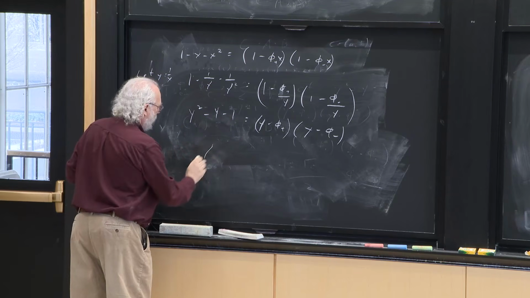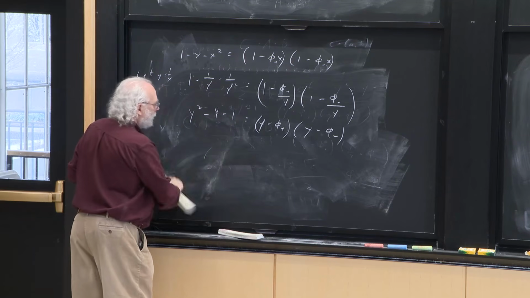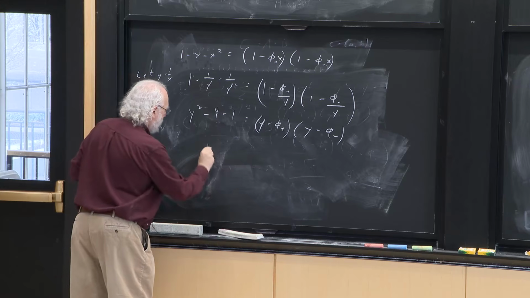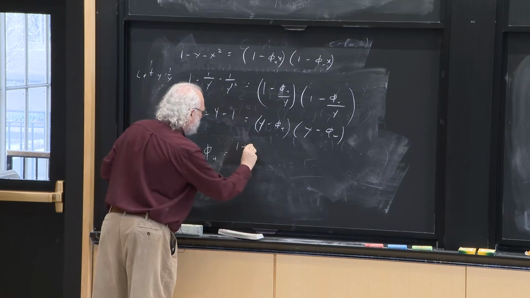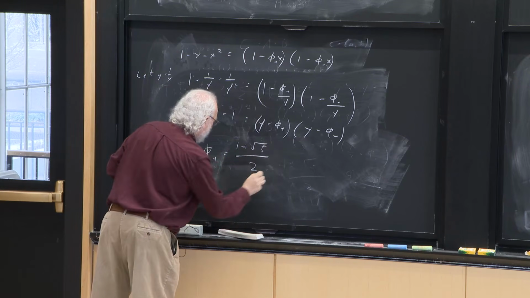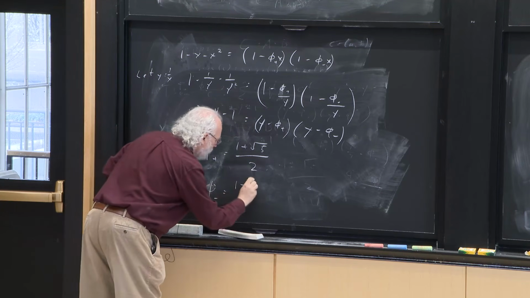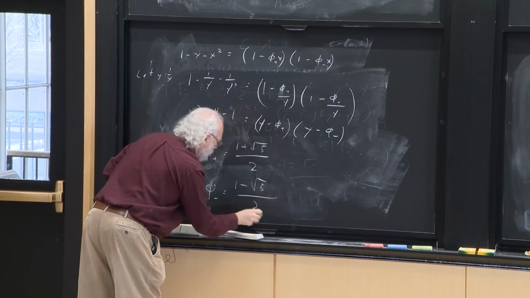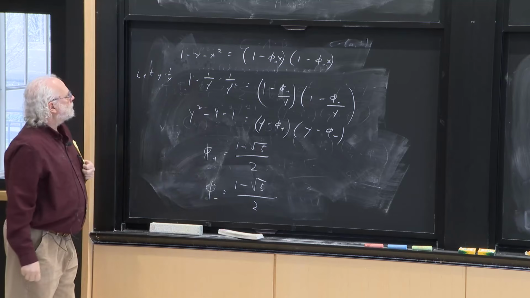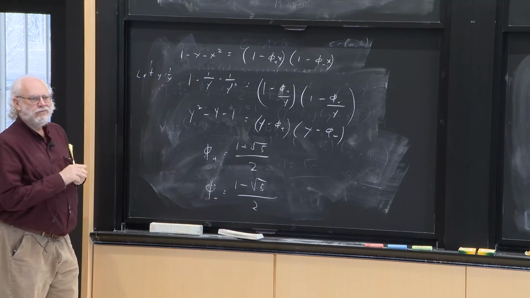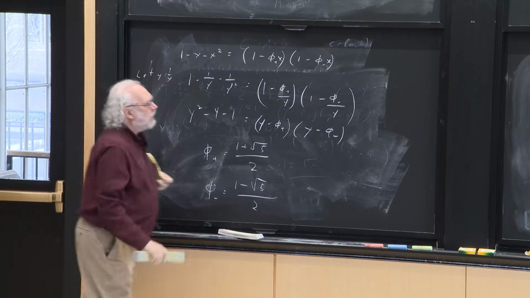So we have phi plus is equal to 1 plus root 5 over 2, and phi minus equals 1 minus root 5 over 2. Okay, so